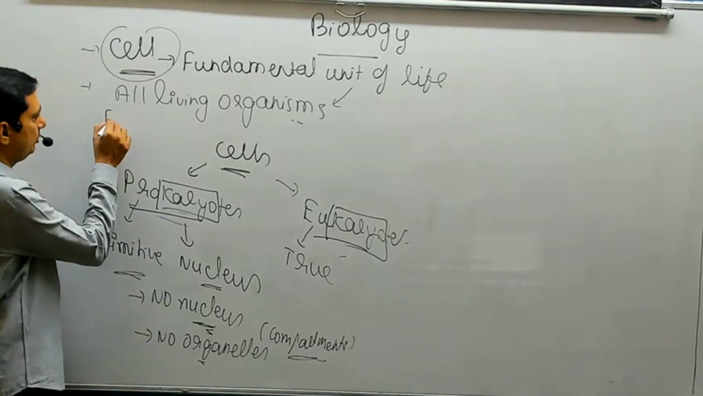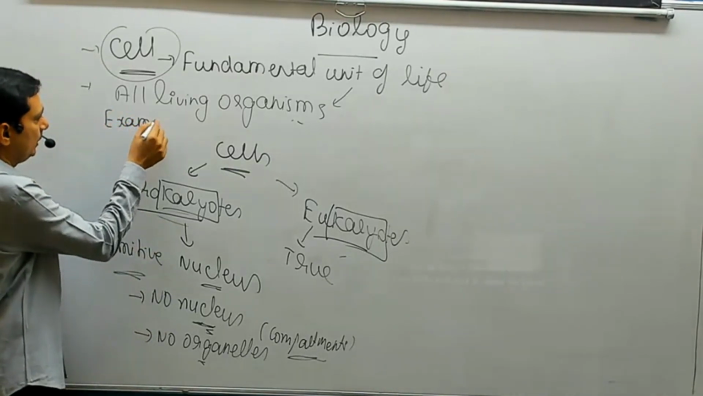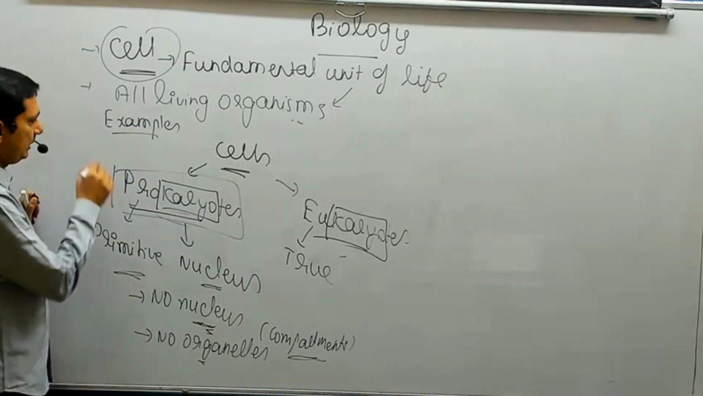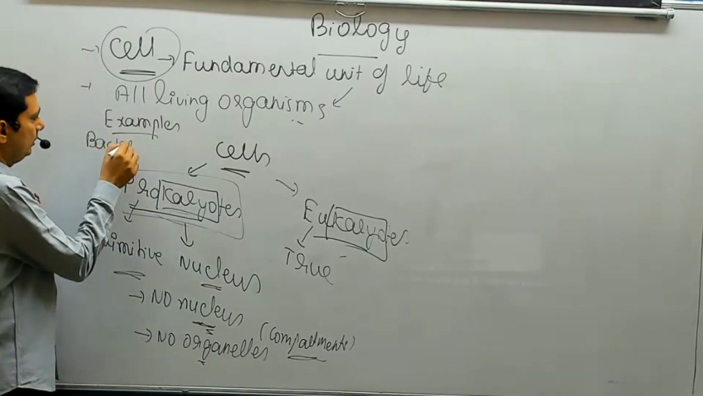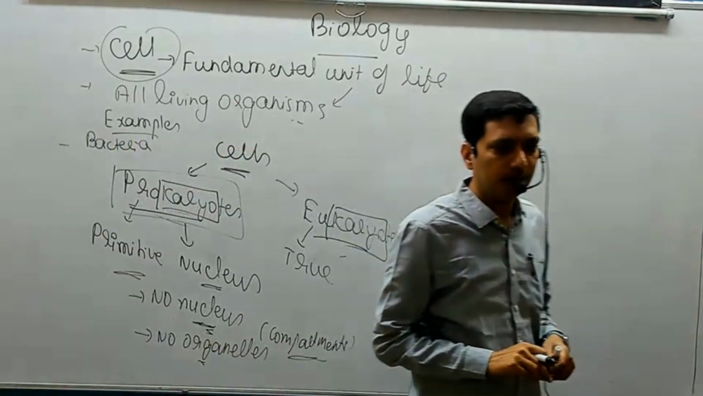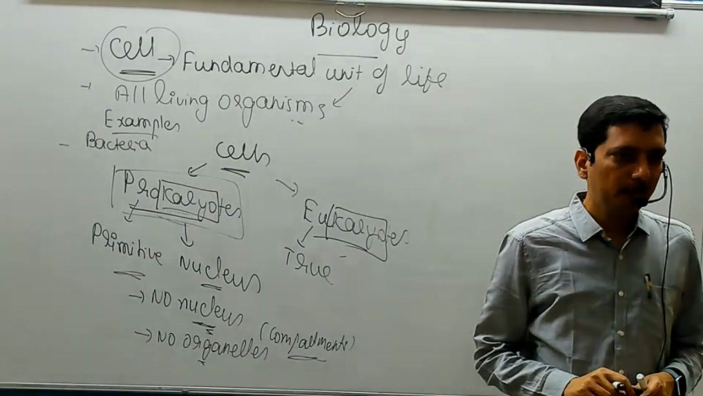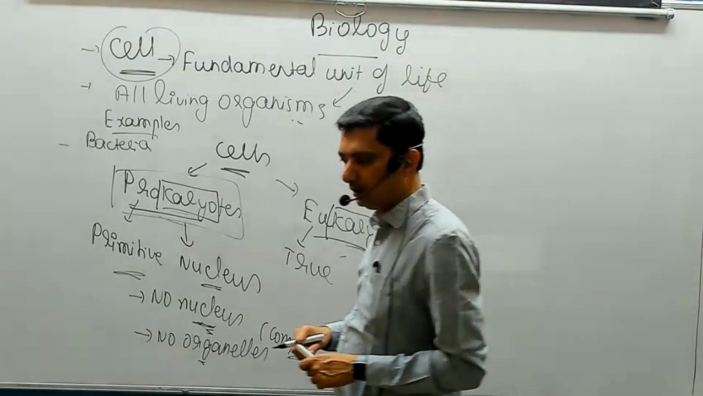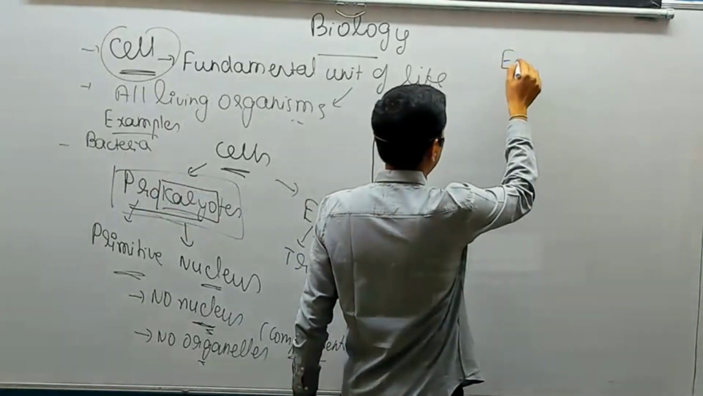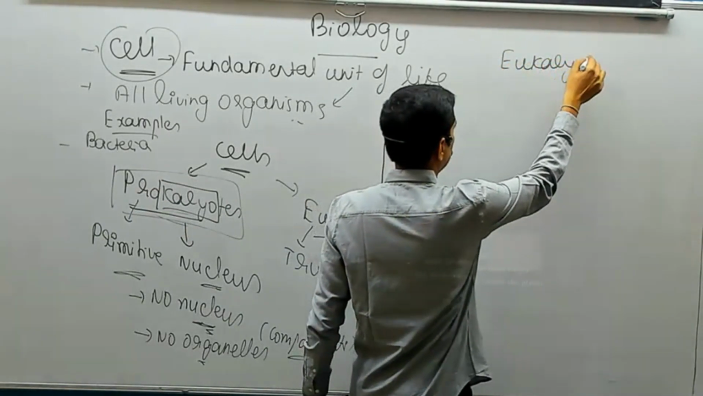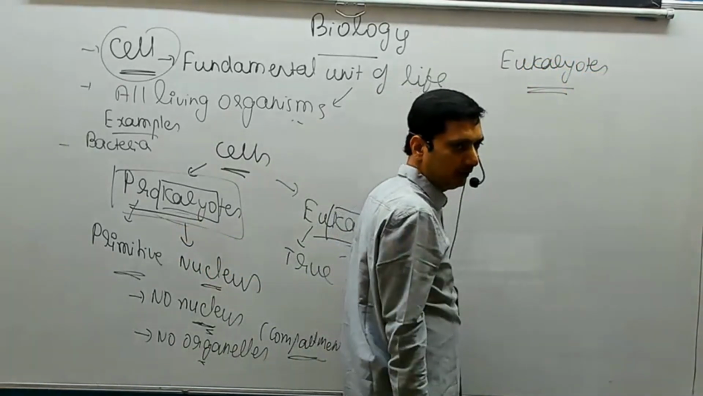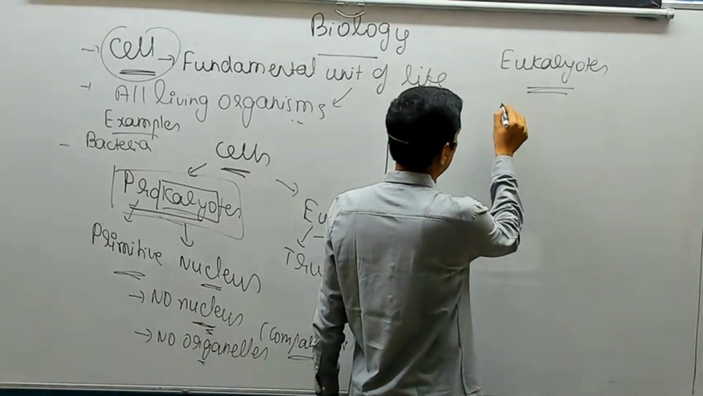Can you think of any examples for prokaryotic cells? Bacteria. Bacteria is a good example to remember. Bacteria is a prokaryote. I'll form a question and ask you about eukaryotes. I gave one example for prokaryote, which is bacteria. Which of the following are eukaryotes? Look at them. Yeast,